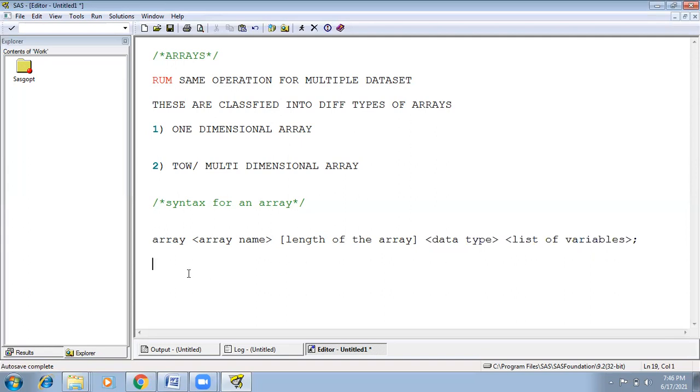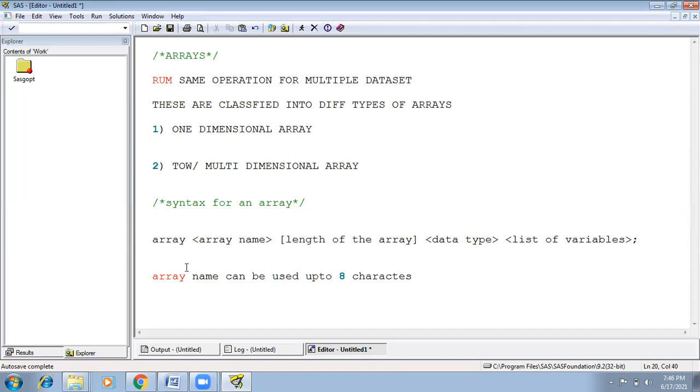The array name can be up to 8 characters. It does not allow any special character except underscore.